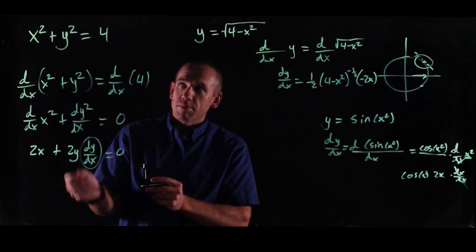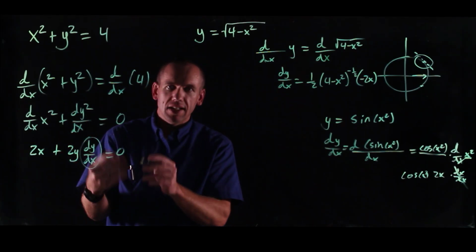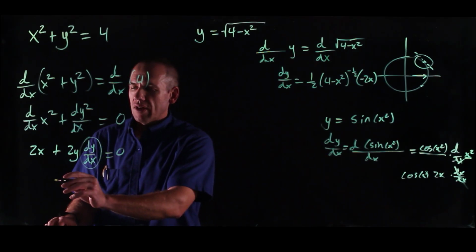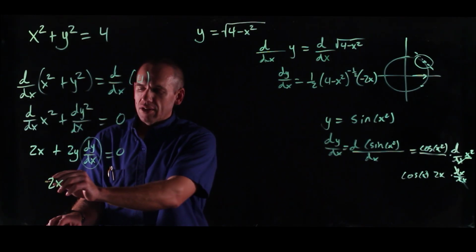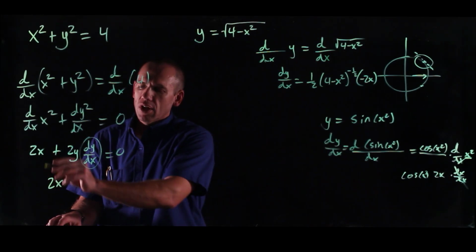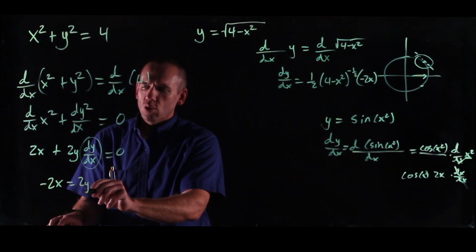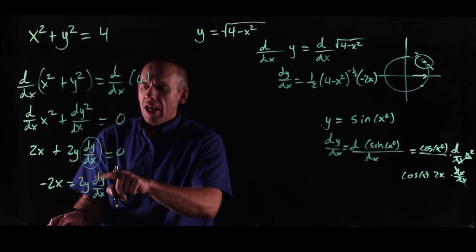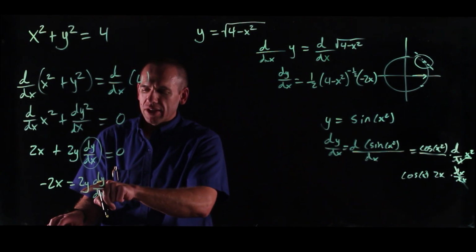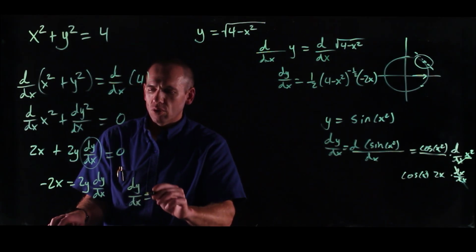We don't know what that is, but that is actually what we're looking for. So we just treat x, y, and dy/dx as variables. And so now I have 2x. I'm going to subtract the 2x over. If I subtract 2x from both sides, I get negative 2x equals 2y dy/dx. And then I can divide both sides by 2y and get dy/dx is equal to negative